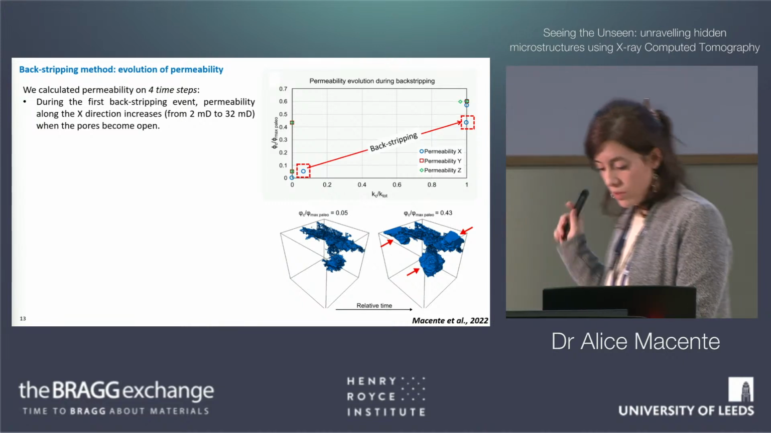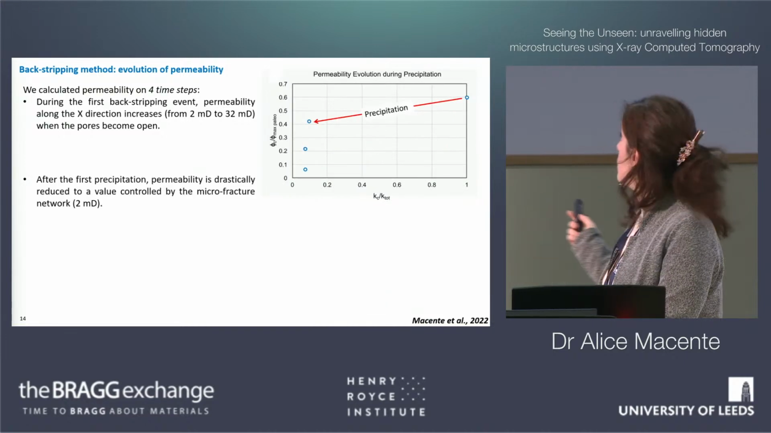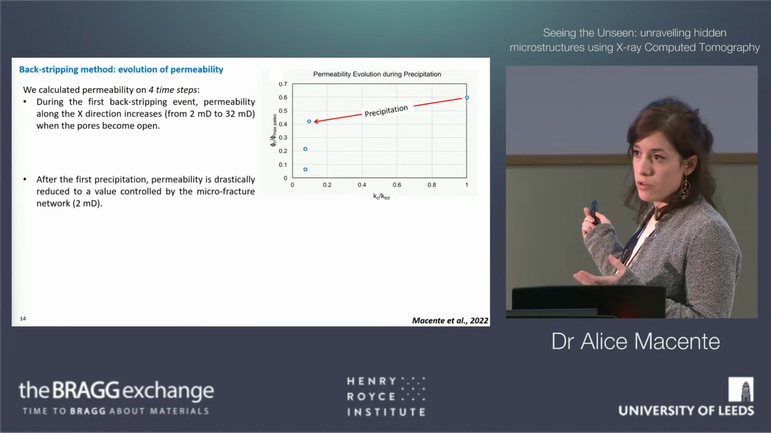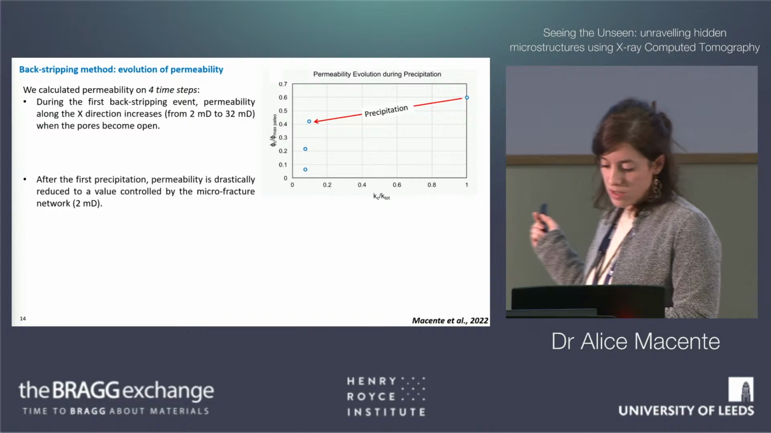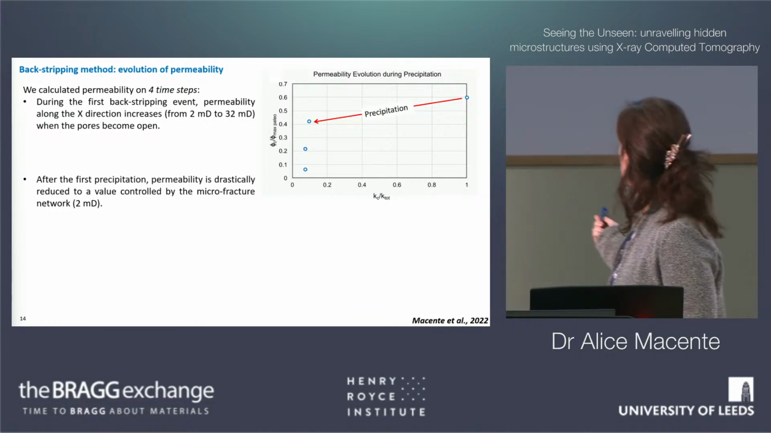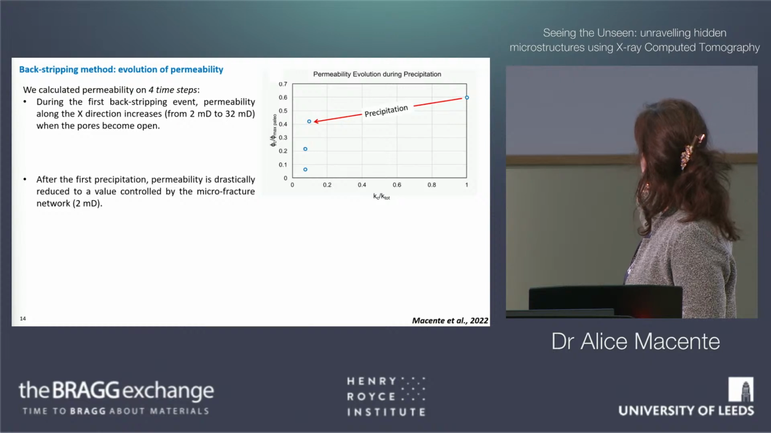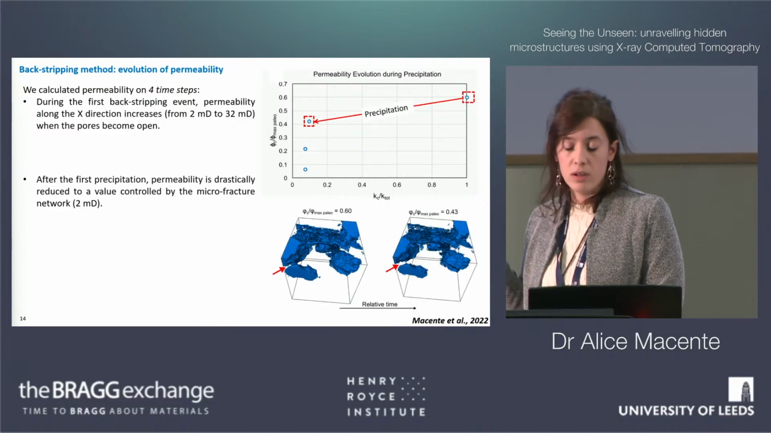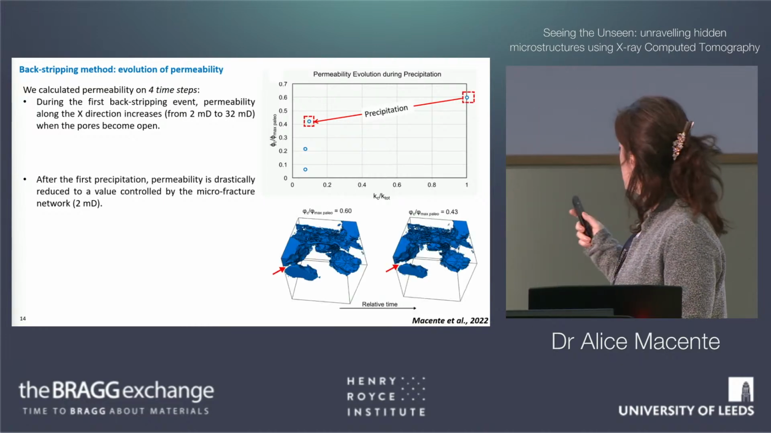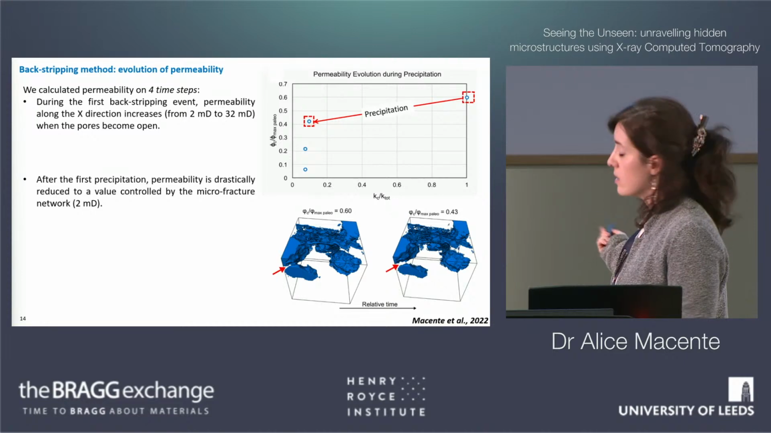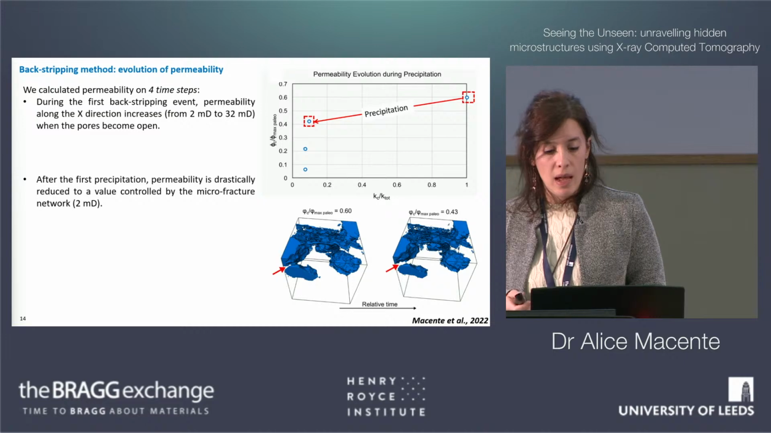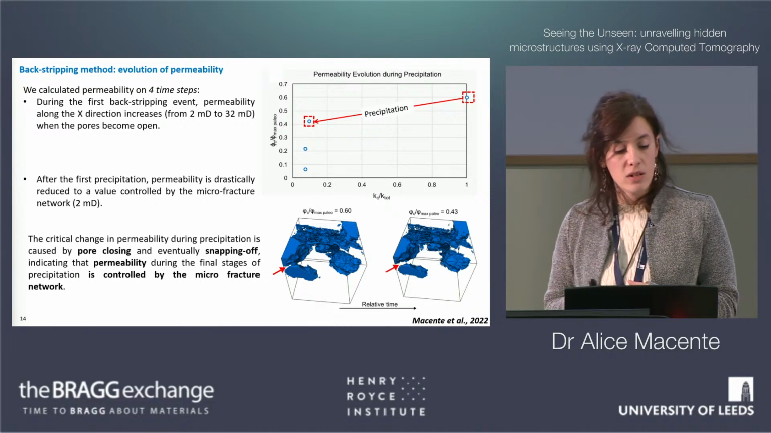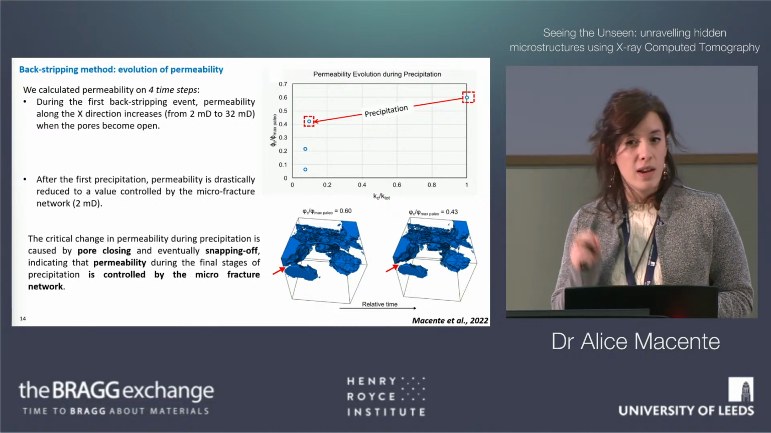If we do the reverse and look at what happens during precipitation, what we see is that within 1 time step the permeability immediately dropped to something very close to 0, and it stays constant after that. And we calculated that that very low value is actually dictated by the microfracture network. If we have a look at the 3D rendering, within 1 time step we immediately close off these connections and remain with just the fracture network. So during the later stage of precipitation, the permeability is controlled by this very narrow